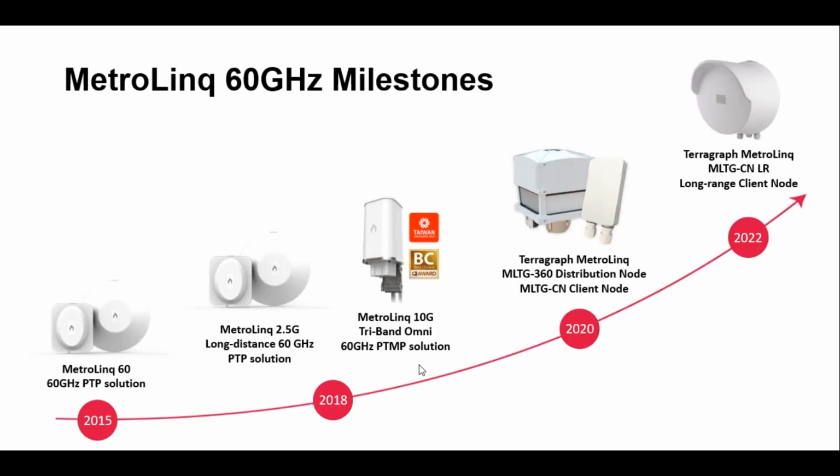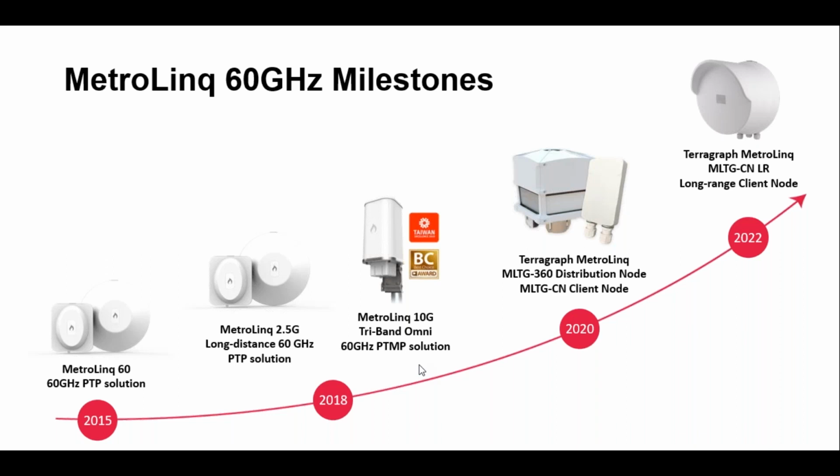Okay, so you may be familiar with IgniteNet. First to do the 802.11ad based chipset with Proso 2015 with the MetroLinq product line. It improved with the 2.5 gig and then the Omni with the 10 gig interface products. And then in 2020, moved over to the 802.11ay product, the Terragraph product line with the distribution node and the client node. And now in 2022, there's a long-range version client node, point-to-point or point-to-multipoint, which I'll discuss a little more. That product has been in the works, and it's now